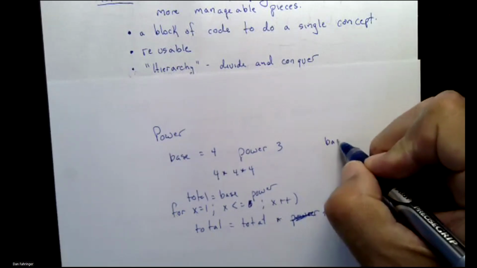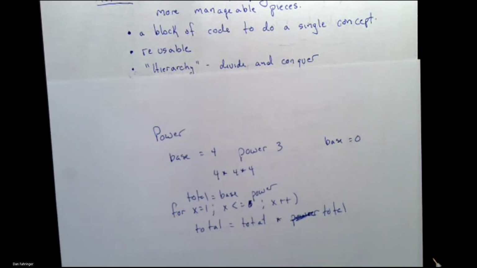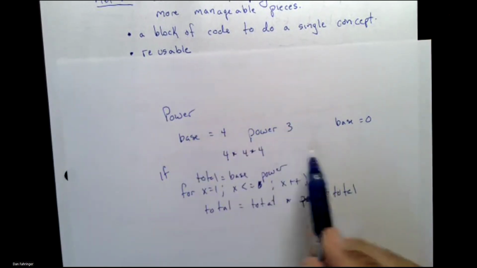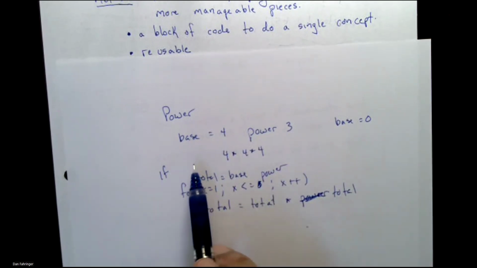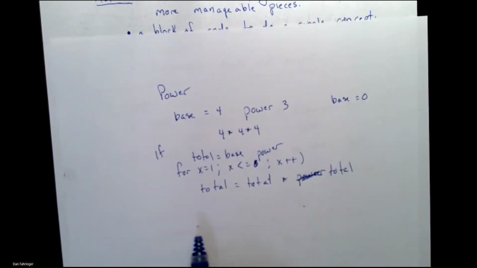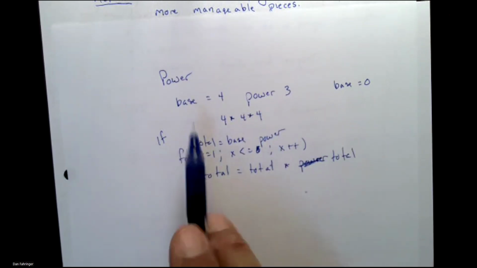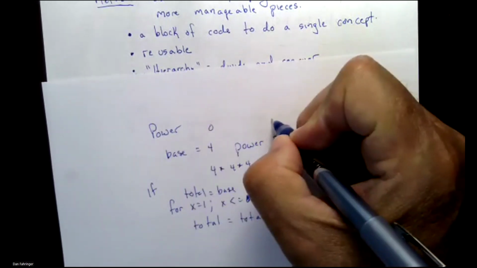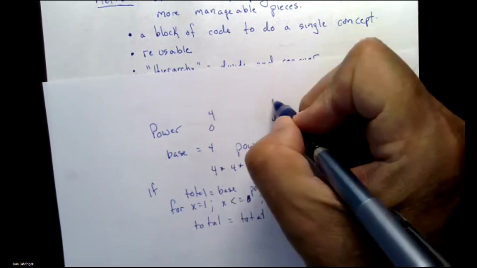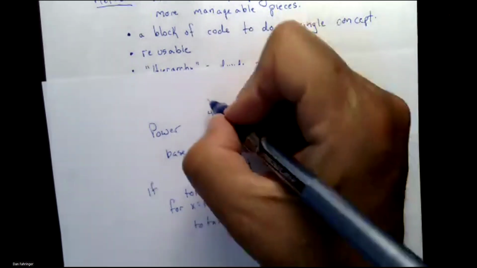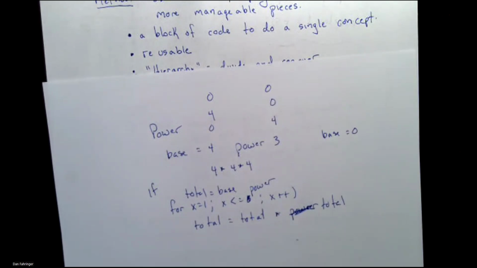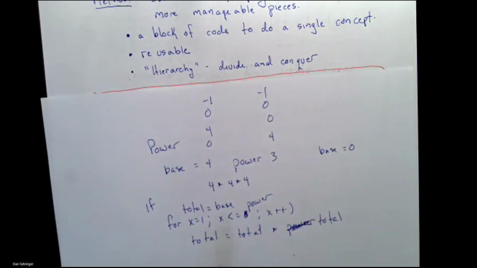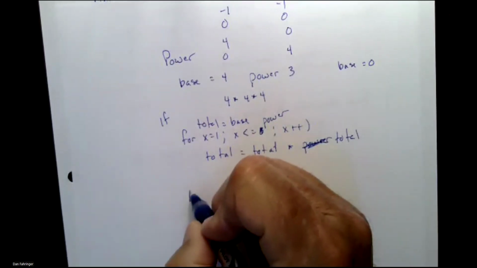By the way, what if there's a base of 0? What's 0 to any power? Oh heck! Now I might have to start doing if base is greater than 0, do this. Else, if base equals 0, do this. How would it work? So all of a sudden I'm doing all kinds of test data. Base of 0, power of 4. Base of 4, power of 0. Base of 0, power of 0. Or base of negative, power of negative. All of a sudden there's Math.pow